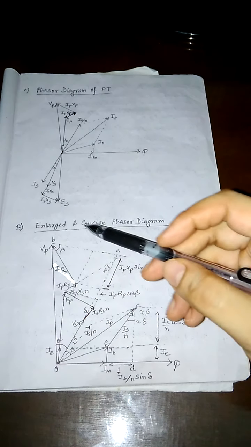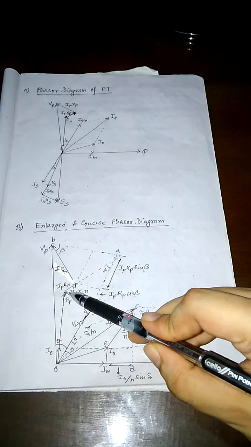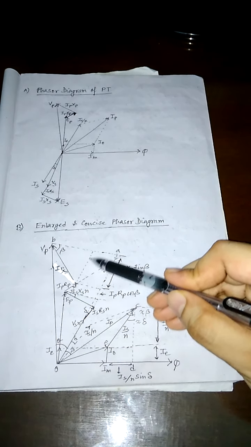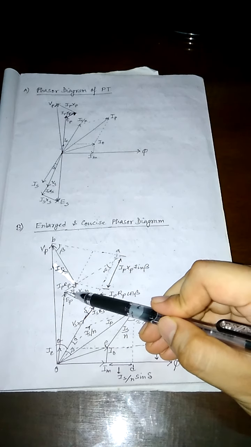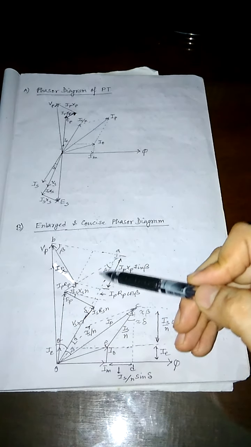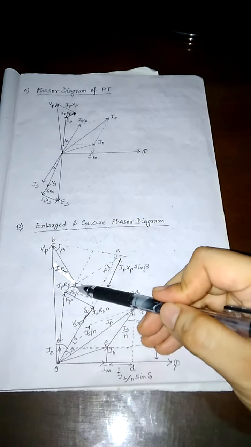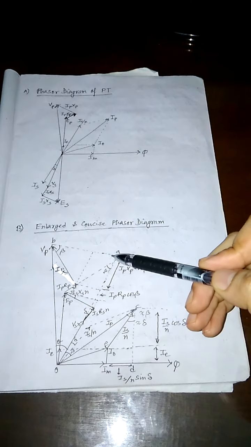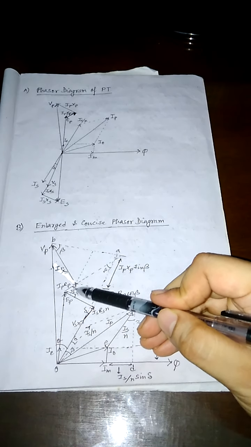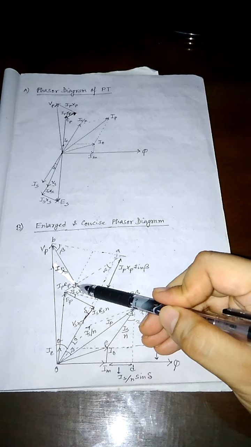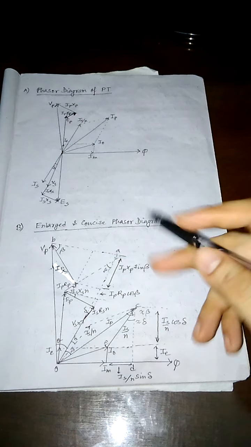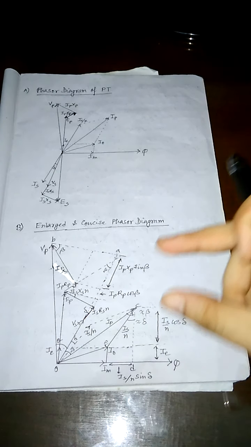Now if we consider this part, this is IPRP, and we are continuing like that. So now if this is IPRP and this angle is beta, then what happens? Obviously this is IPRP cos beta. So as this is IPRP cos beta, obviously that means this is also IPRP cos beta. So by that we are getting the terms.